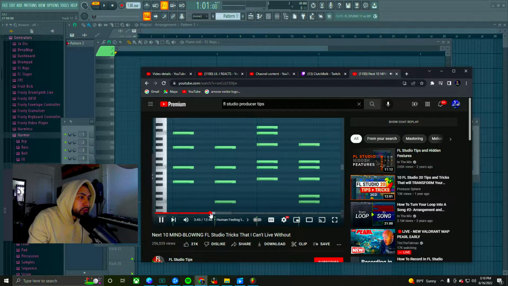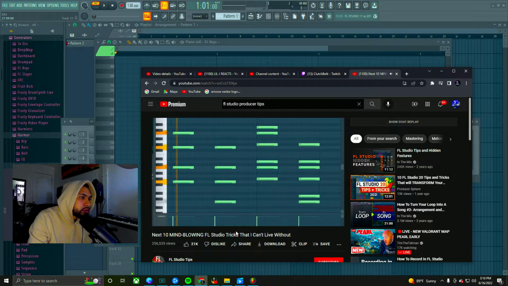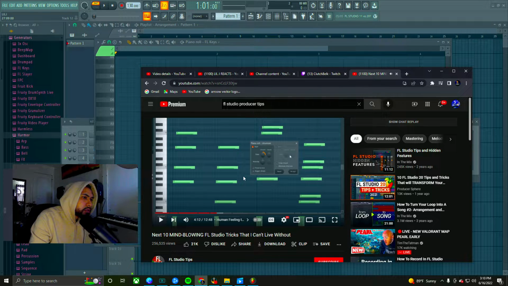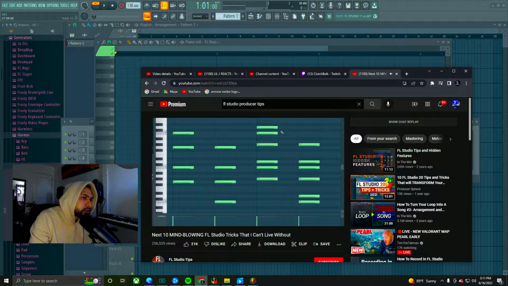Perfect. With this trick, you'll be able to add human feeling to any instrument, and that is quite important. So this guy, for example, is very robotic. First thing is that we humans would not be able to play all of those notes at the same time. So I'm not talking about strumming. You can of course hit Ctrl A and strum everything. That somehow works, but what I like to do is what not many people are talking about, is hitting Shift